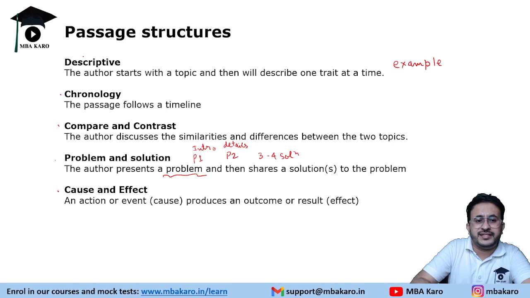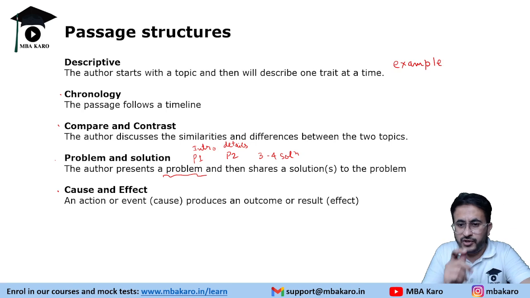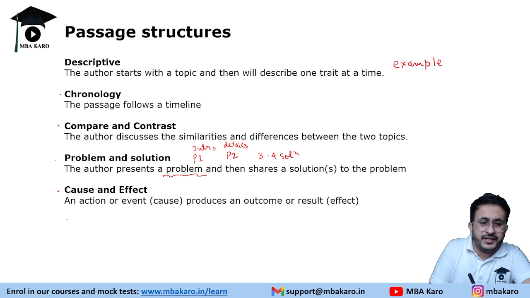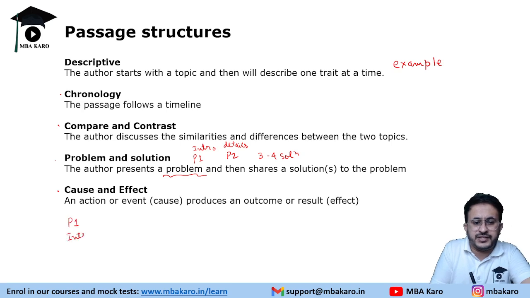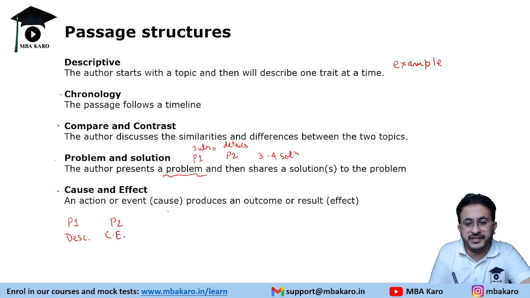Now, it is not necessary that the entire passage has to be of one kind. It can be a mix of both. For example, of course, the first paragraph is generally the intro paragraph. Some introduction is given, or it could be some descriptive thing. Let us say a theory has been described. In paragraph 2, cause and effect is being mentioned. Now the effect creates, let us say, a problem. So in the third paragraph, it could be the problem that is presented and its solution is given over here.